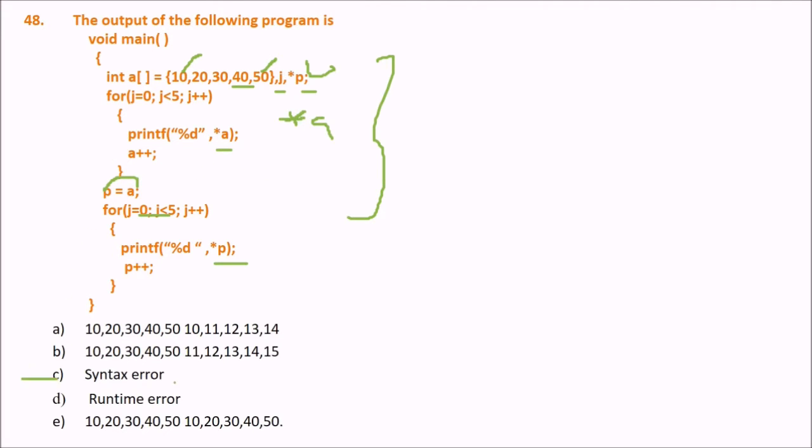The answer is C, syntax error. Now tell me why the syntax error is there. What is the problem? The problem here is in the statement a++. Why? The operand of the ++ operator must be an L-value and may be of any scalar type. An array name is an L-value only when subscripted, not like this. So simply, an array name is a non-modifiable L-value; array name cannot be modified. You have to have something like a + i, then you can do it. This is the error, so the error will be a syntax error at this line.